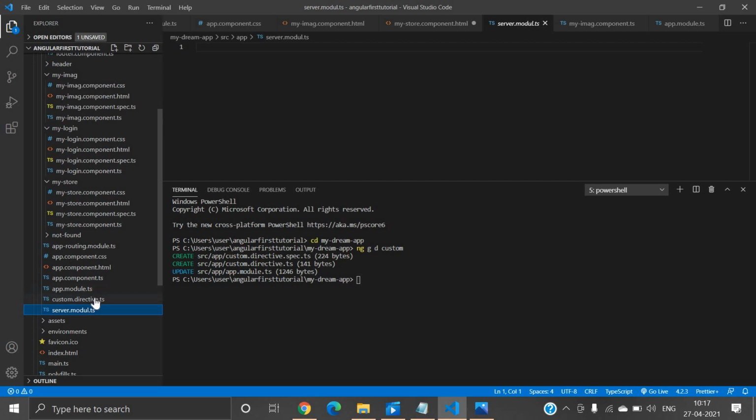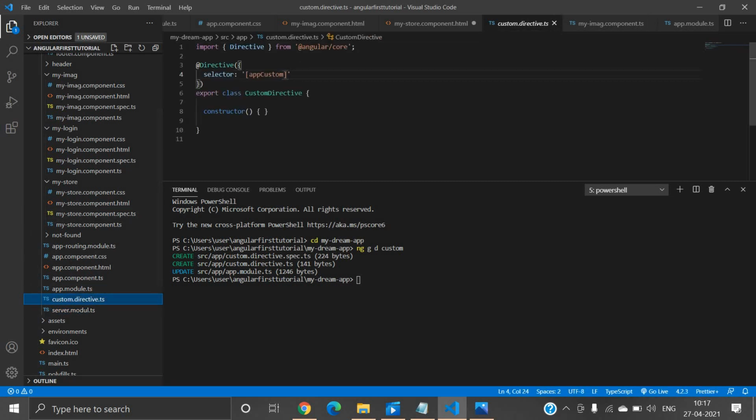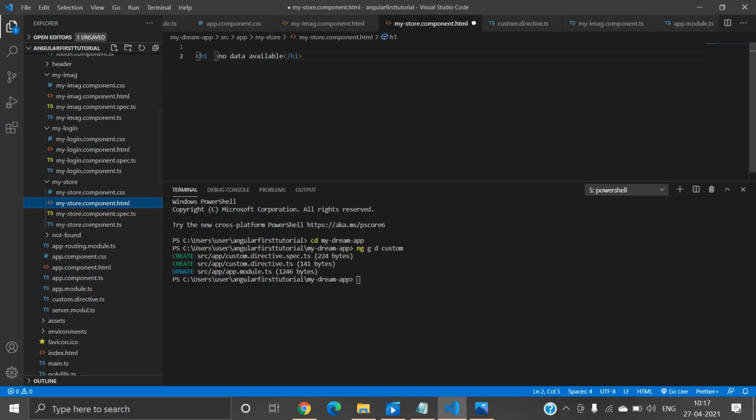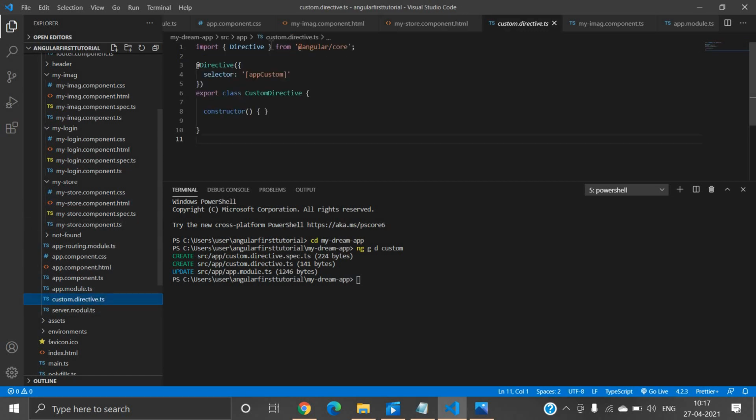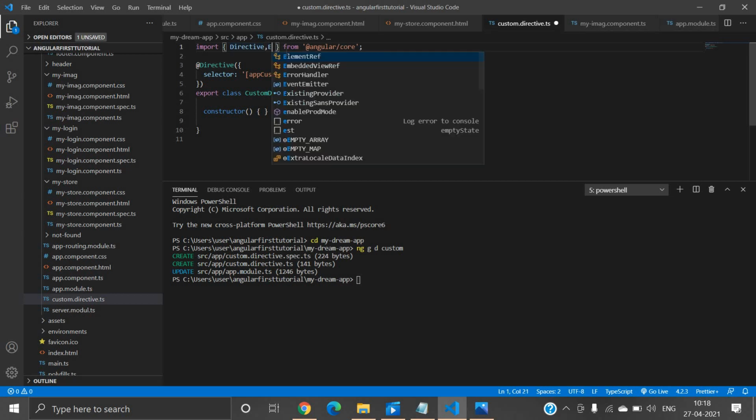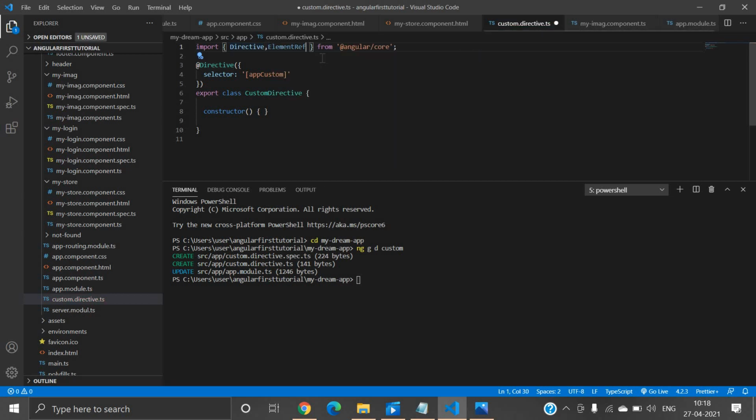Let's move on to custom directive.ts. This selector we will use inside store.component.html. You can use it anywhere, so I will just use it inside my store.component.html. So here we will simply write this custom directive, and after that let's move on to custom.directive.ts. First of all, we have to import ElementRef, right? It is responsible for accessing DOM elements.